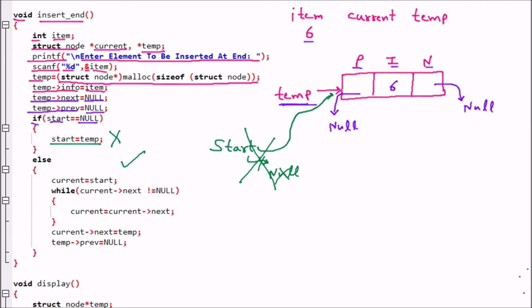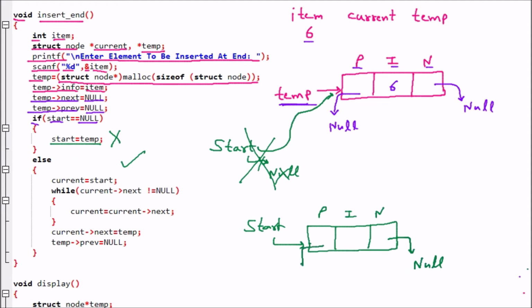I am assuming that there is one node which is present here. Now let us take that node. This is the node and this node has previous, info and the next part, and this one is the start which is pointing here, and afterward this is obviously null. This is also null because we have one node, and assume that the node is 3. Now how will we insert this node at the end of this linked list? So now we are working with the else part. In the else part, current is equal to start.